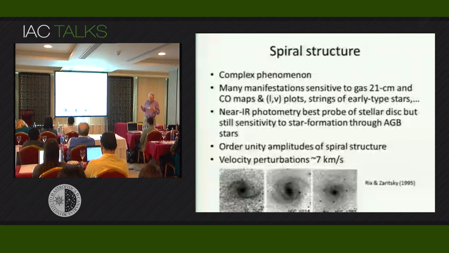I've talked a good deal about the general framework for how the scattering works, and that we have some kind of diffusion. From the data, we know how the diffusion scales with action. I've talked a bit about specific calculations for how we would expect molecular clouds to drive diffusion. The other really important driver that you definitely can't neglect is spiral structure. And so I want to talk now about the way spiral structure works.